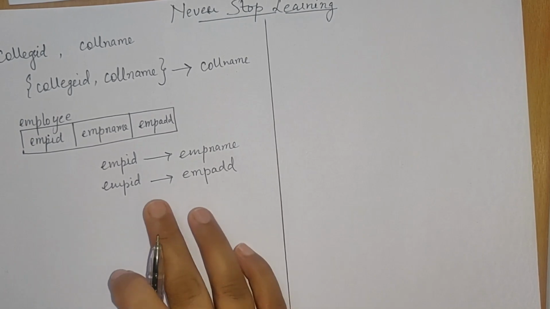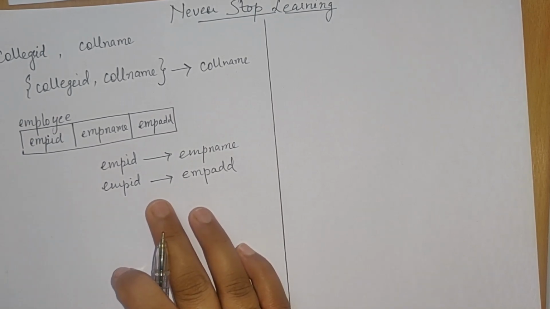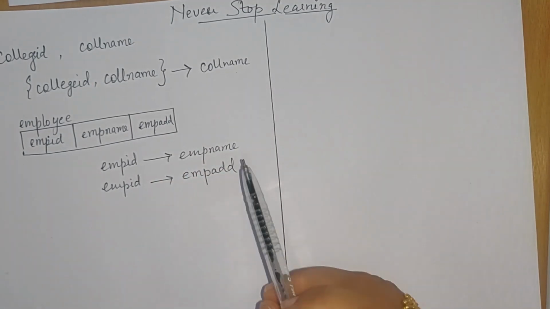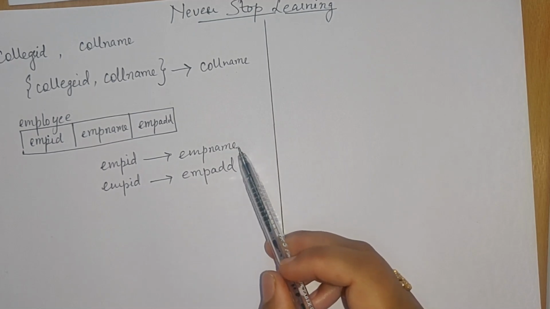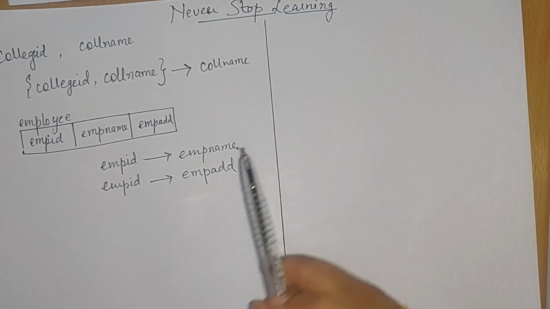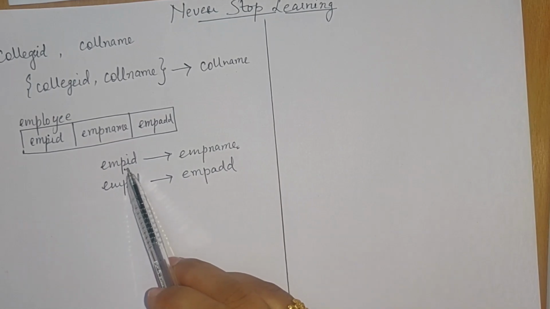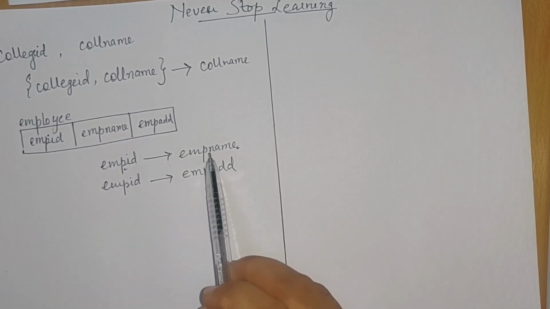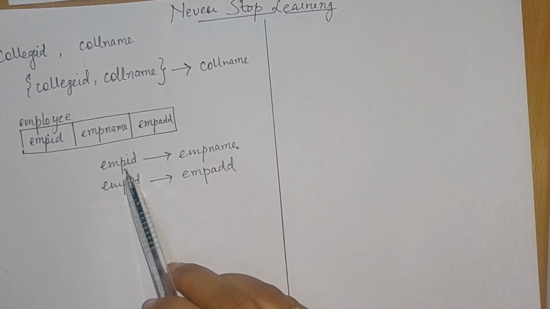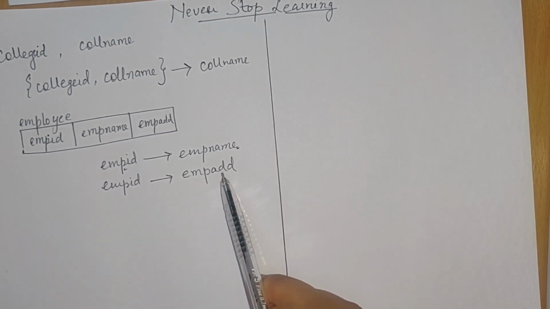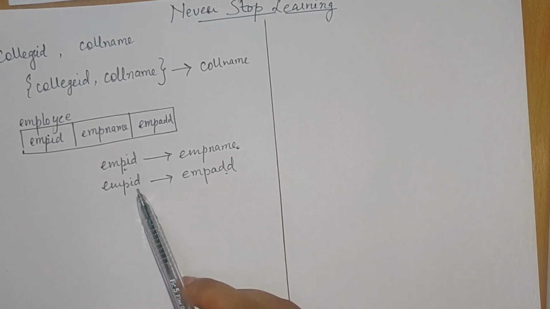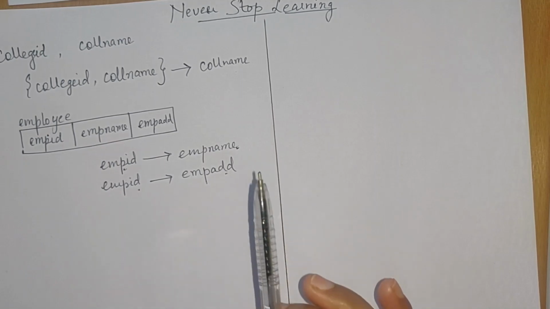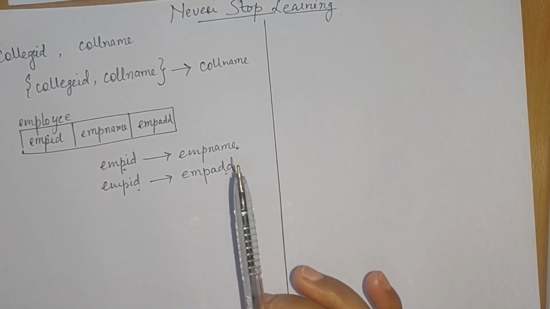Now if you can see here, now what kind of dependency I have, this particular is an example of non-trivial dependency, because here if you can see that dependent which is on the right hand side is not the subset of determinant which is on the left hand side. So when the dependent is not the subset of determinant, it is a non-trivial functional dependency. Similarly, EMP address is also not a subset of EMP ID. So again, both the dependencies here in this question are non-trivial dependency.